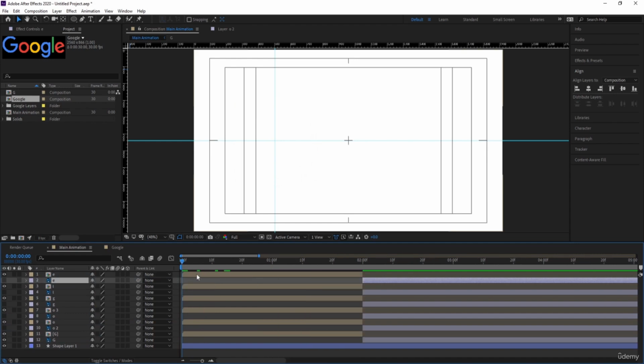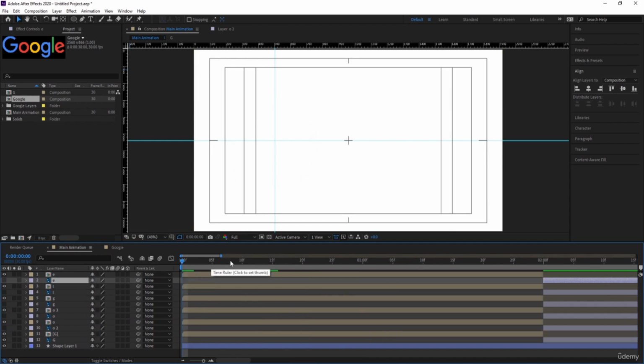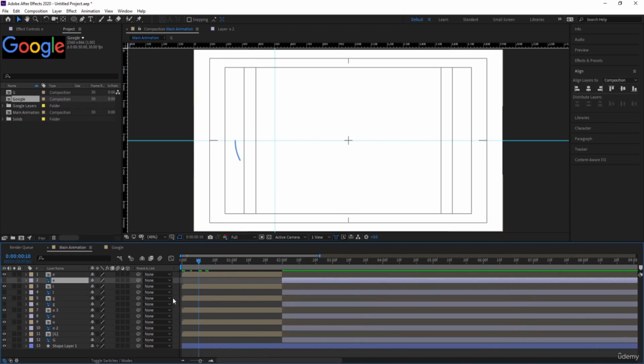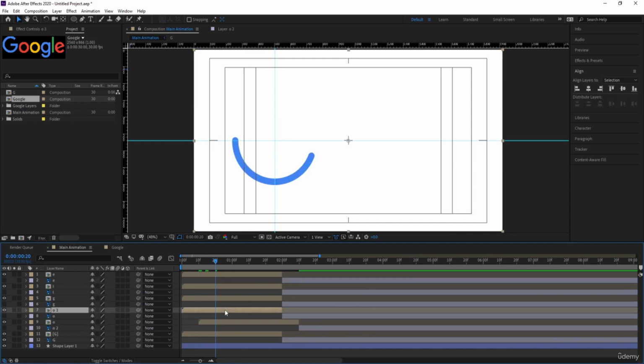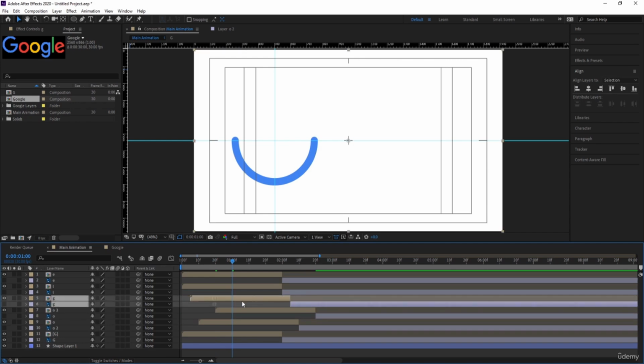Okay, and now what we are going to do, we are going to take a distance of 10 frames maybe, and select this O and this O, move this over here, then go to around 20 frames, select this layer and this layer, move this over here, go to around 1 second, select this G and this G, move this over here, select 1.10 frames,